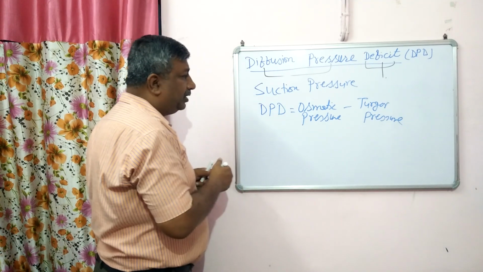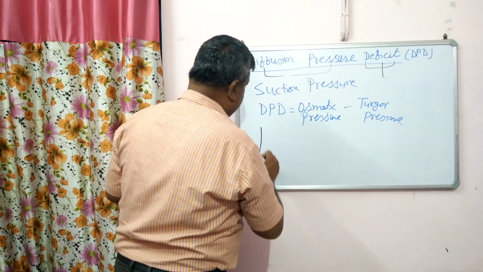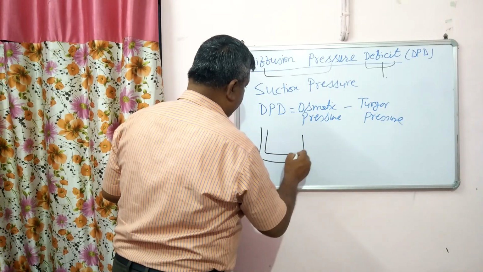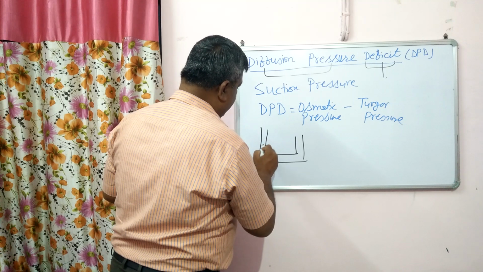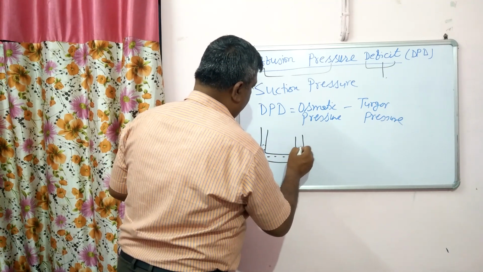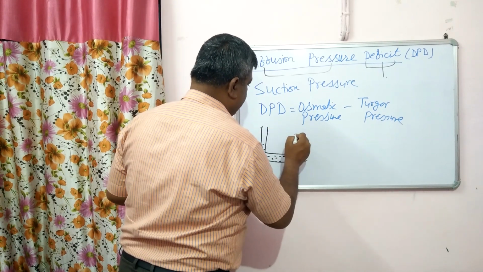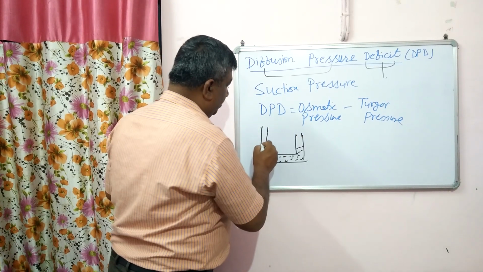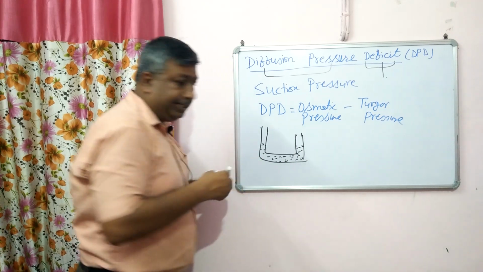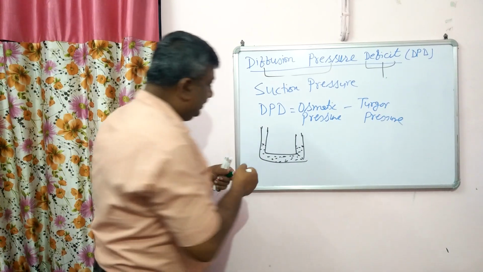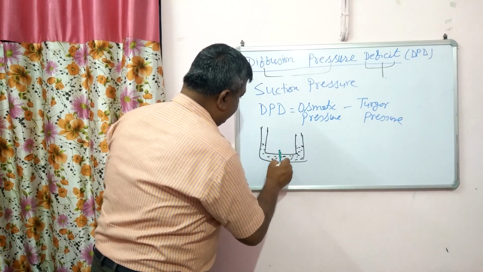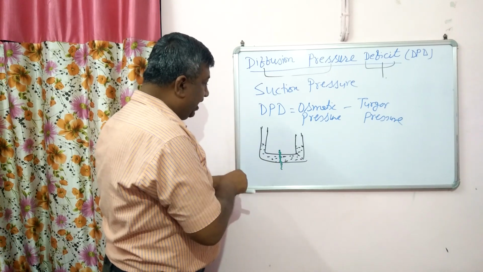Briefly, मैं यहाँ फिर से इसको बता दे रहा हूँ. Suppose this is a container, this is in U form and water is present in this U tube, we can say tube. Water is present, freely moving, and there is a semi-permeable membrane, so there is free movement of water both sides, and we add some salt,